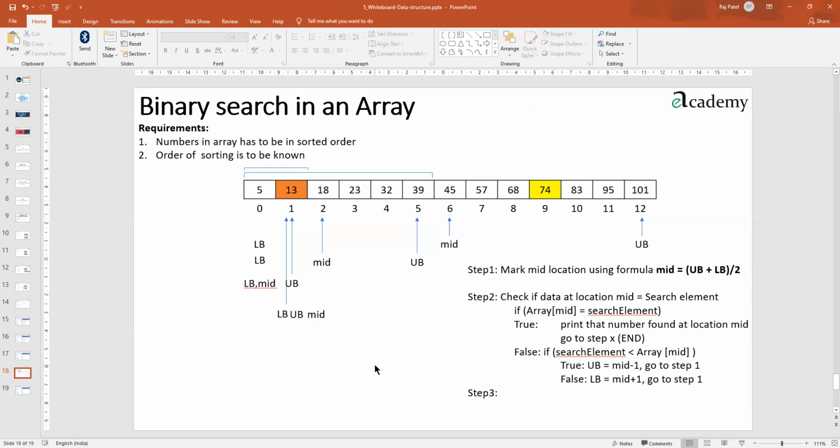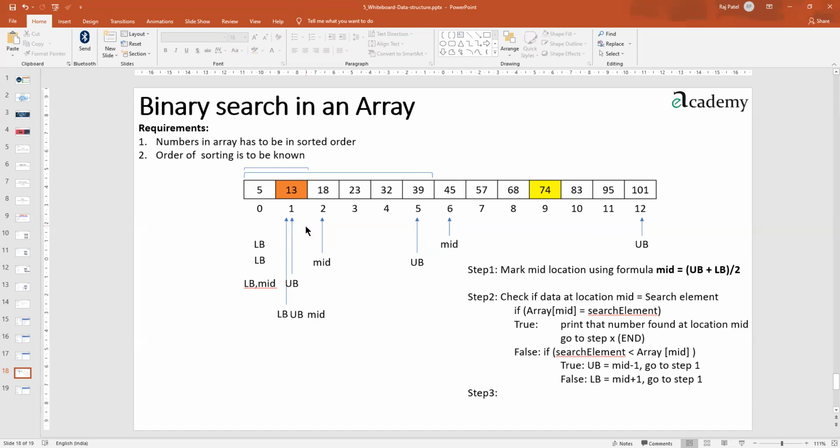Now, the worst case I wanted to bring in front of you, because this is very important to do before we move on further. Let me tell you. Suppose the number that you want to search is not 13. Let us choose a number which is not there in this array itself.